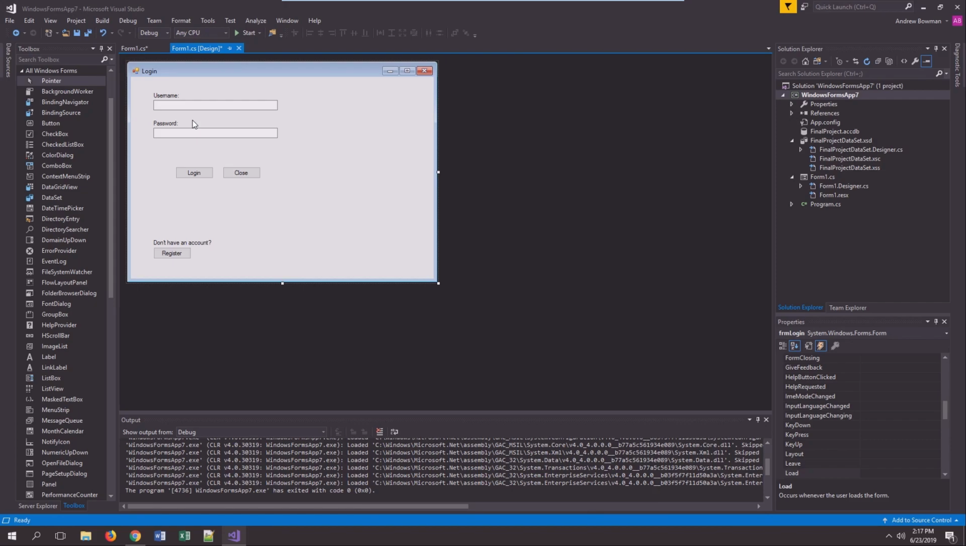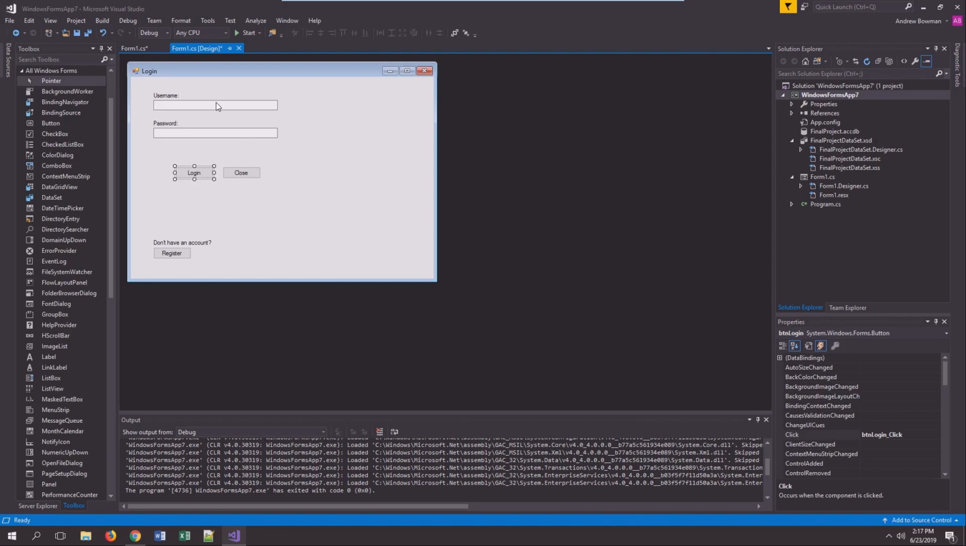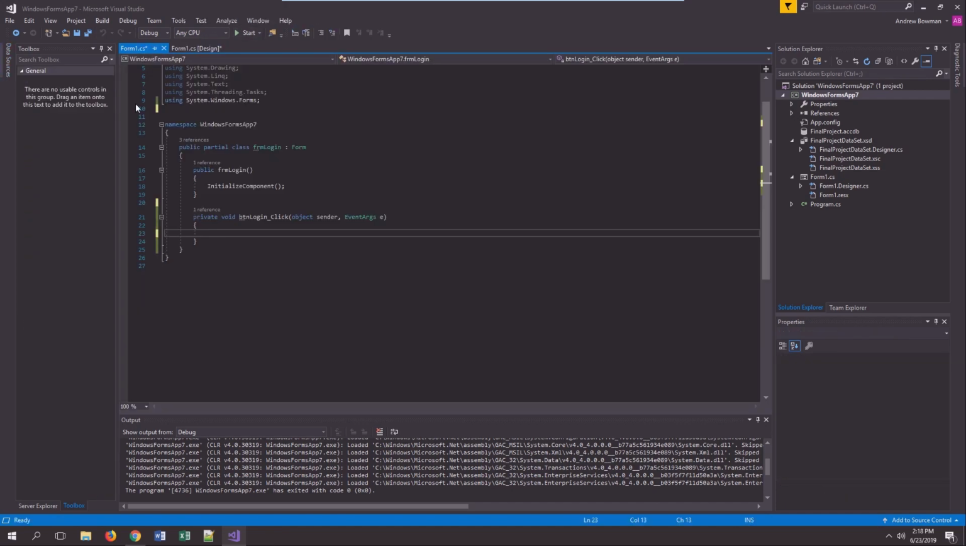Okay. This is my login screen. See, I've got username, password, login, close, and a register button. And right now we're going to be working on the login, because what we want to happen when you click login is it's going to pull the username and the password you've entered, compare them to what's in the database, and allow you to log in. So, going back here,